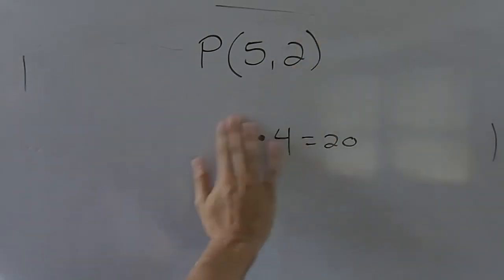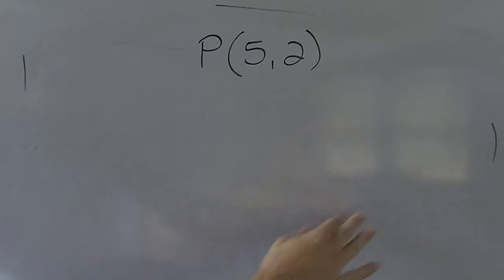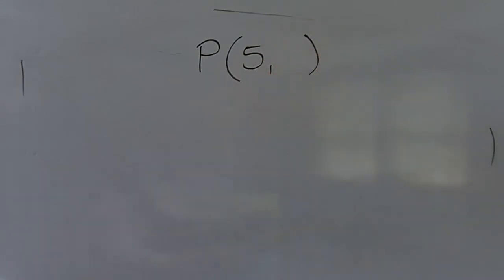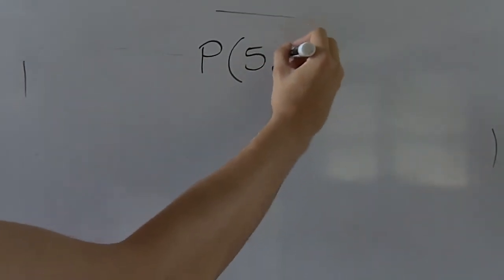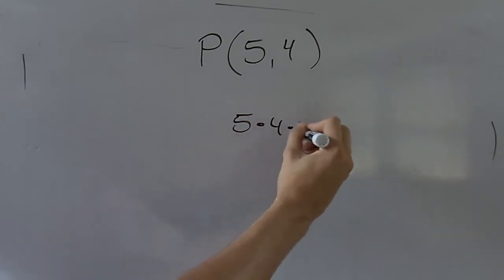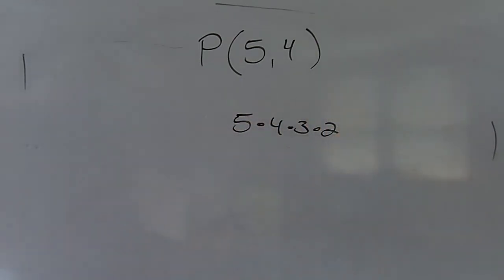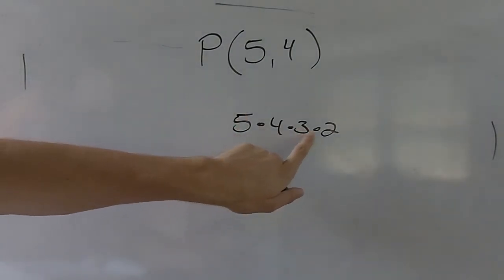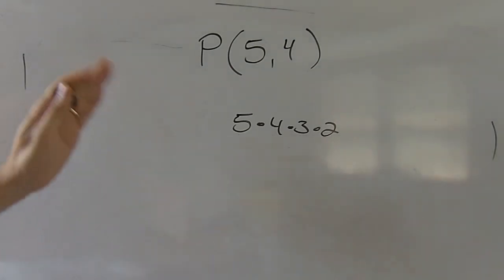Let's say we changed it up, and let's say we are doing an election, and instead of just doing president and vice president, we're also adding in secretary and treasurer. Well, at that point, we would be taking 5 students 4 at a time, and so we would do 5 times 4 times 3 times 2. First choice is president, then vice president, treasurer, and then secretary. And as you choose one,